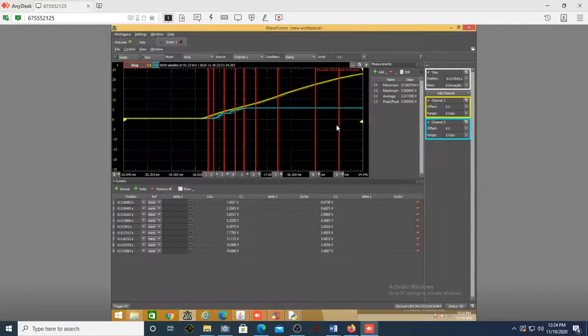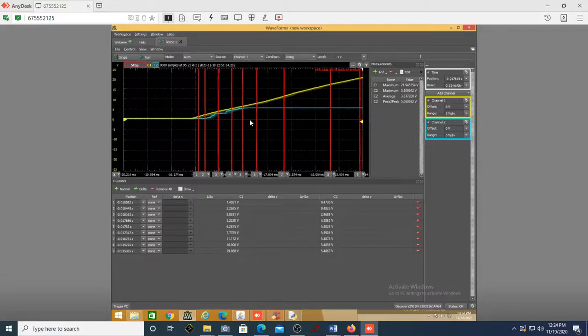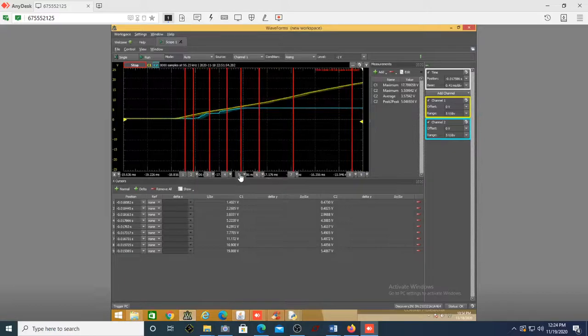What is the minimum required voltage? The minimum required voltage in this particular case is 6.28. When the input voltage tries to go above, you can further zoom in and see it out here. You can place a cursor somewhere here. Can you see it is almost 6.38 volt? Sorry, not that one, this one. Fifth one. Can you see the fifth one is 6.38. For input voltage of 6.38, output voltage is 5.48, which is fairly constant afterwards. So this is called line regulation.